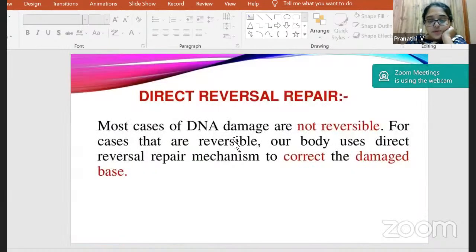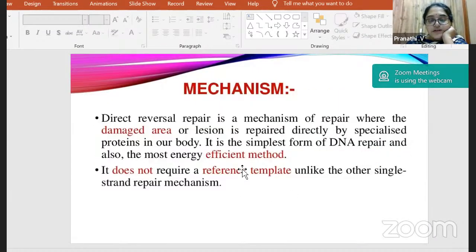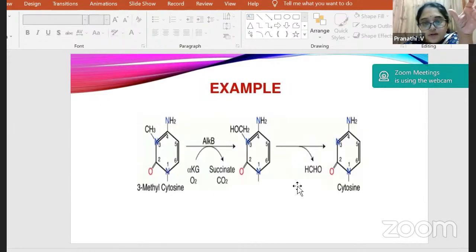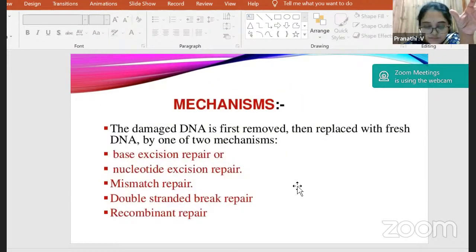So mechanisms, you have direct reversal, wherein that particular base is repaired, and then you have the damage removal, wherein that particular damaged or inappropriate base is totally removed from that section of the nucleotides. And damage tolerance, wherein it is not exactly truly repaired, but you start coping with it. So again, you have different kinds. Before I come to that,